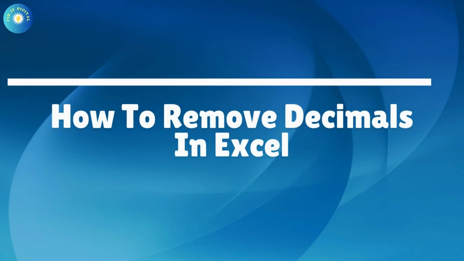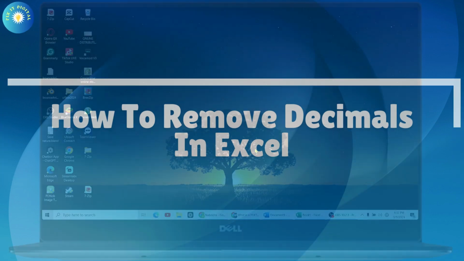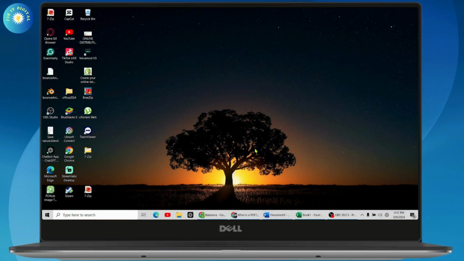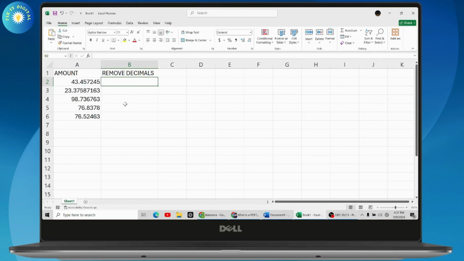How to remove decimals in Excel. So if you want to remove decimals in your Excel, then first you just need to simply open up your Excel. Once you open up your Excel, now here you will have the amount and here you will have the remove decimals, right? So if you want to remove the decimals, if you want to only keep the 43 and remove all of the decimals, then what you need to do is you just need to simply enter a formula or a command,